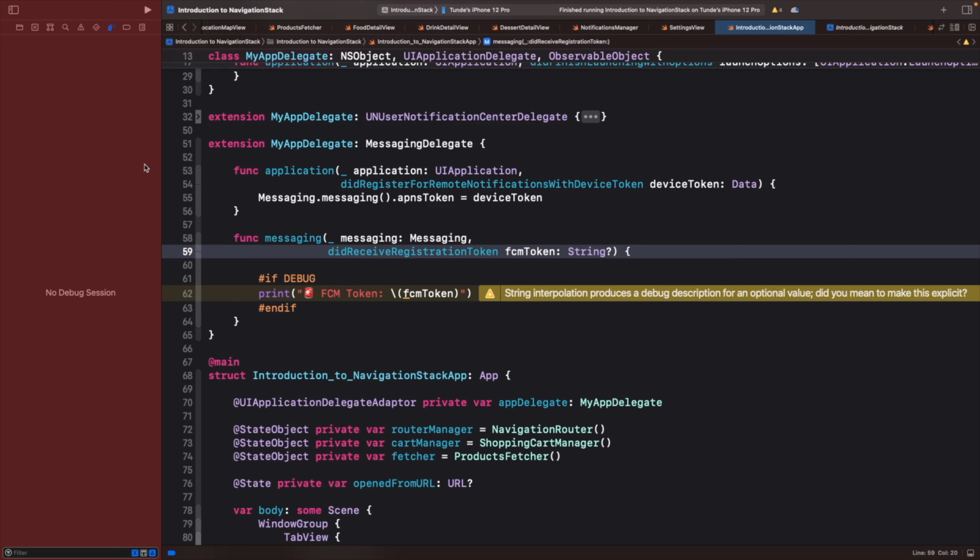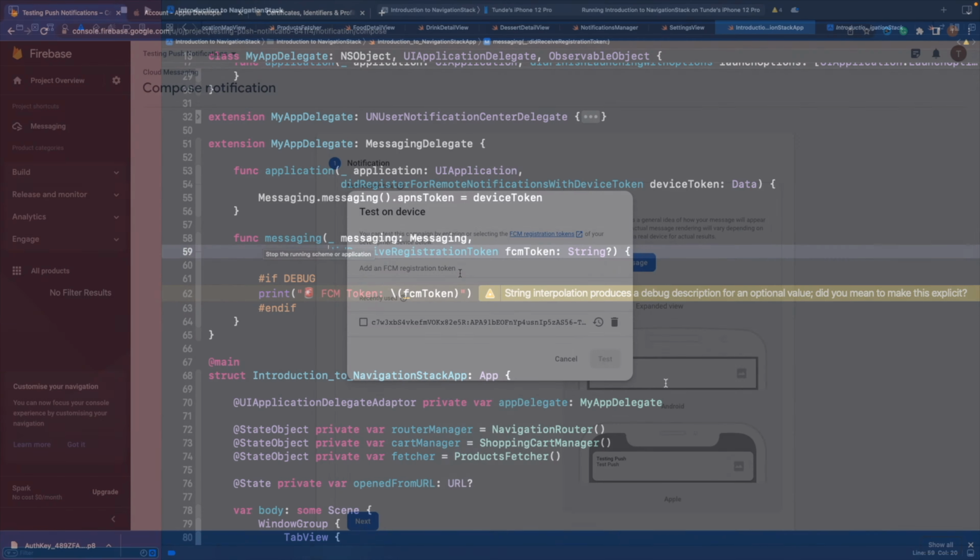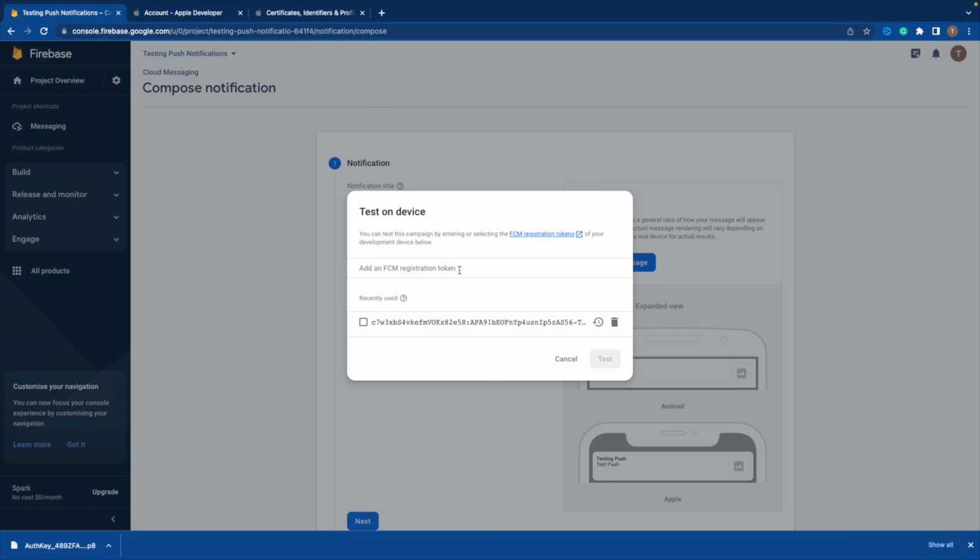So what we're just going to do now is rerun the app after adding in this function. And in the console, we should see our FCM token. Okay, cool. So now that we have that set up, if we wanted to, we can actually send a test